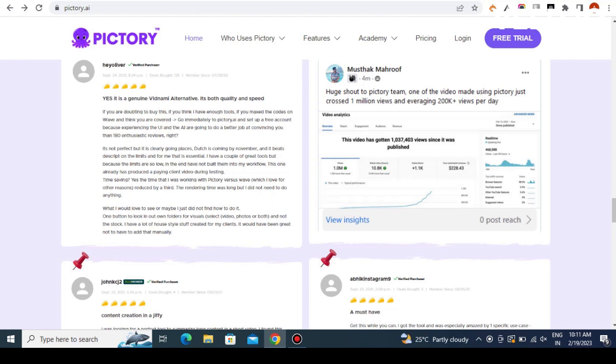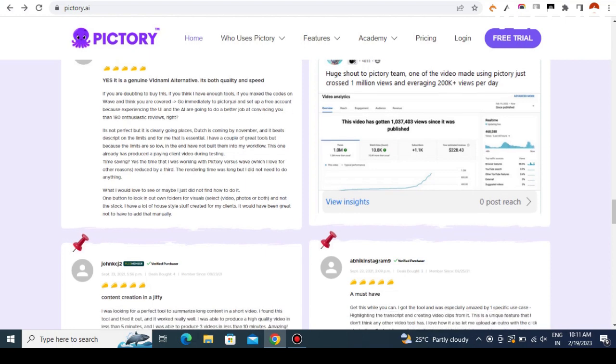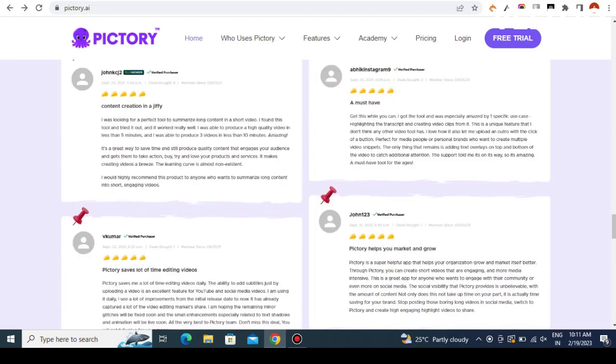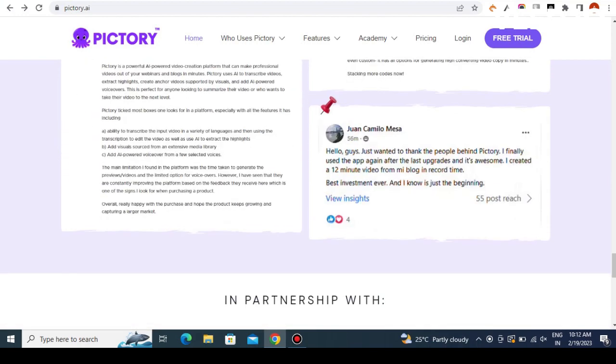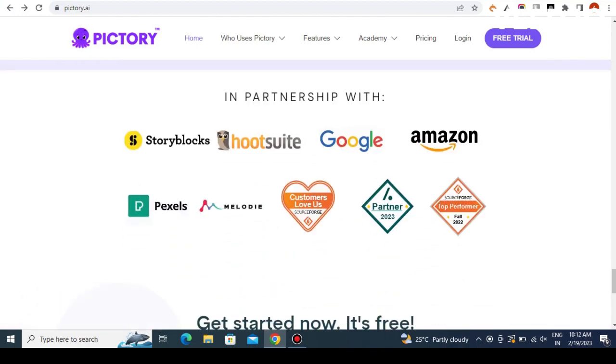Overall, we were impressed with Pictory.ai's ease of use, customization options, and collaborative features. It's an excellent tool for businesses and marketers who want to create stunning visuals without spending a lot of time or money. If you're looking to take your visual marketing game to the next level, we definitely recommend giving